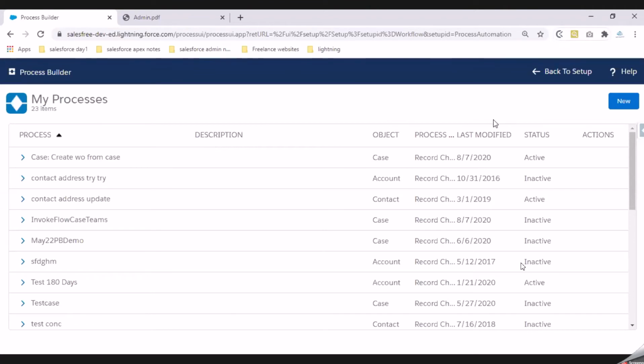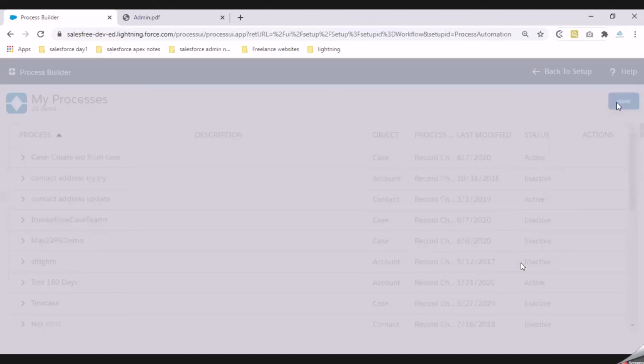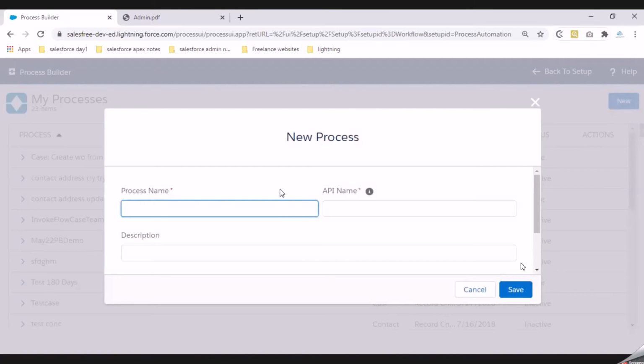Since the requirement is to create a new process builder, I'm clicking on this New button, which will help me create a new process builder. As soon as I click on that New button, a pop-up screen comes up.